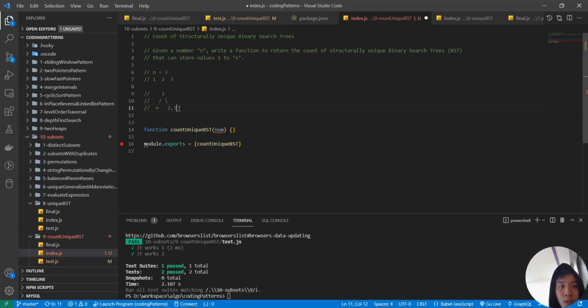Our original problem is, from 1 to 3, how many structurally unique binary search trees we can find. But here, if we consider only the right subtree with node 2 and node 3, our problem will be, given the input 2 and 3, how many structurally unique binary search trees we can find, right? So this can be further